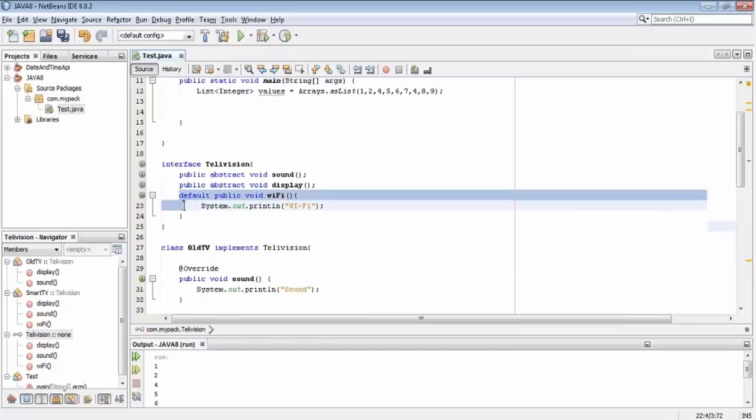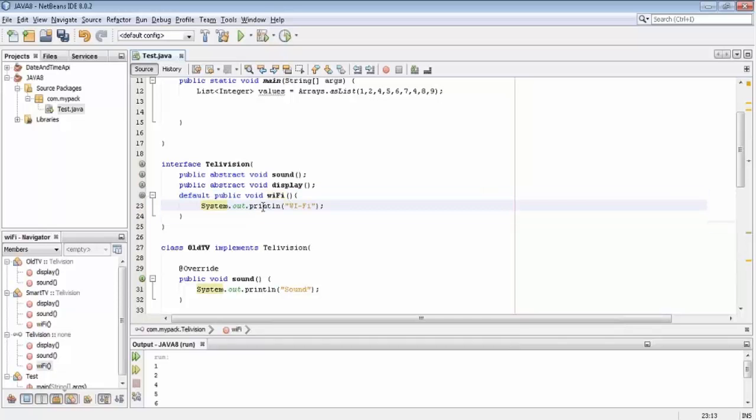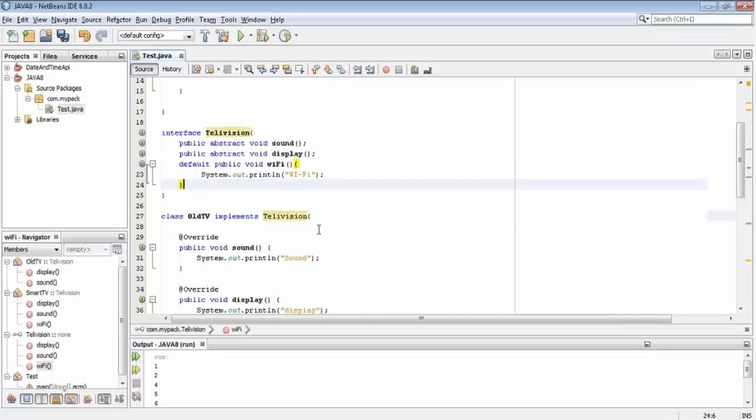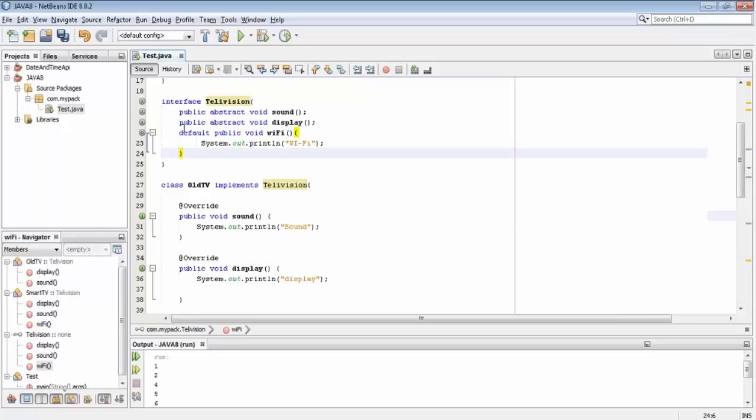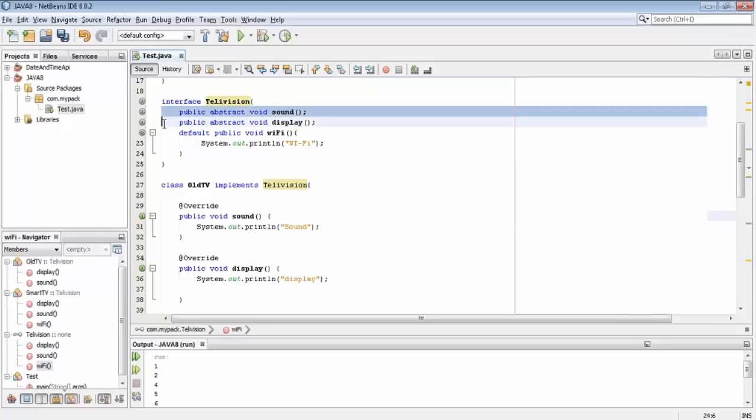So as I told, there was a need to introduce this because, in a previously implemented, already available interface, they can introduce a new method. But as we know, Java has the facility to implement more than one interface in a single class. So in that case, suppose we have two interfaces,